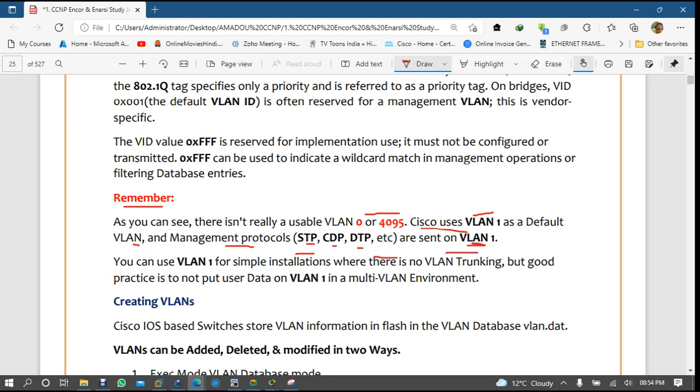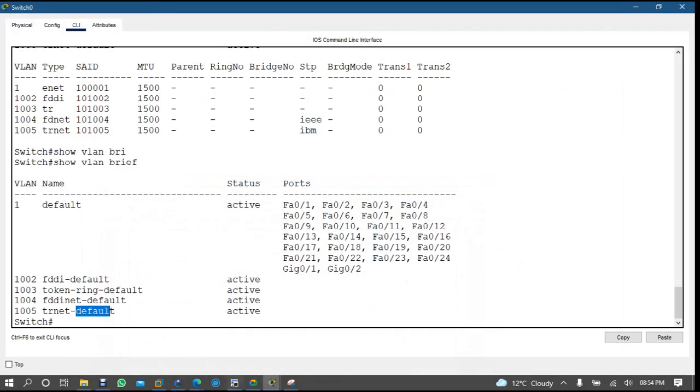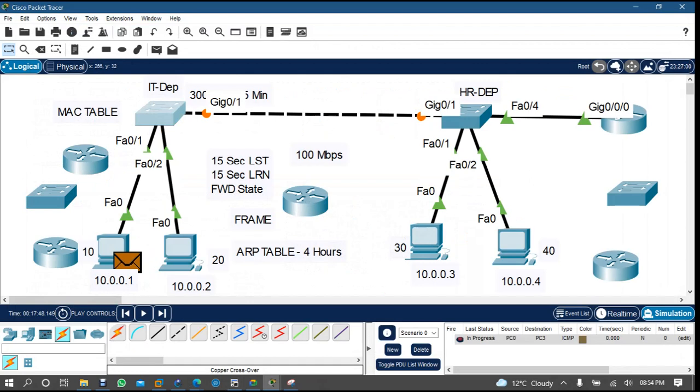VLAN trunking, but good practice is to not put user data in VLAN 1 in a multi-VLAN environment. Okay, so when we sniff the packet, I will explain why it is called a native VLAN. See, STP is also there, because if you see here, we haven't created any